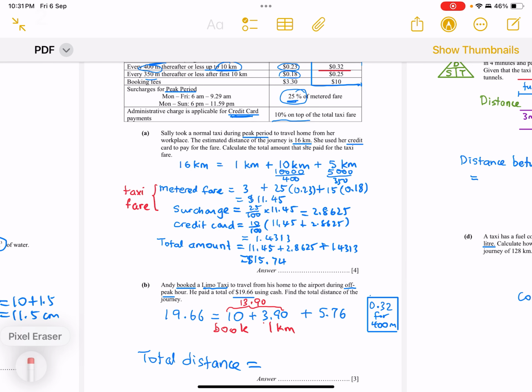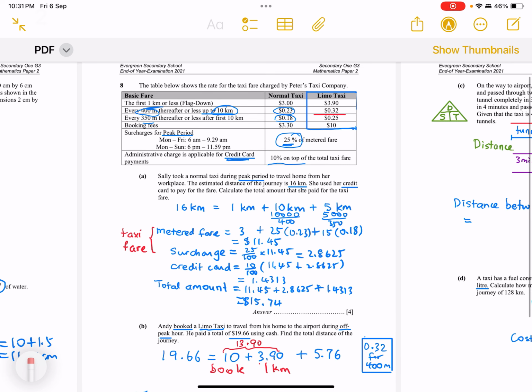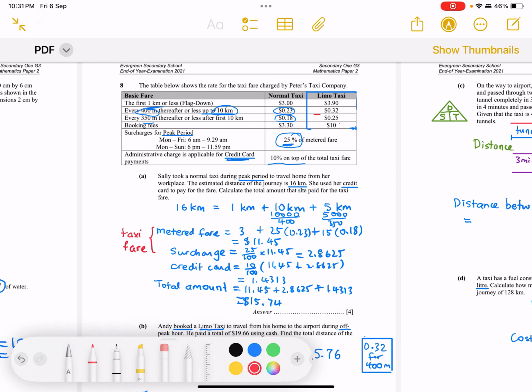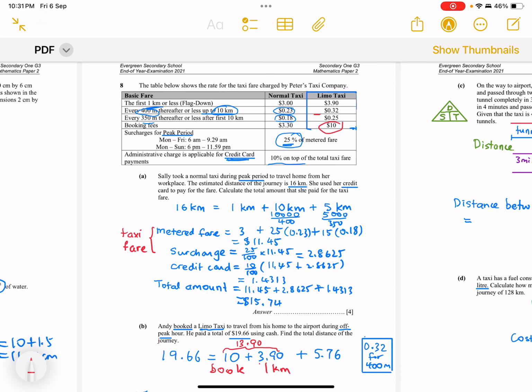But before we go on, he has booked, and the booking fee is $10. So then 390 for the first km,